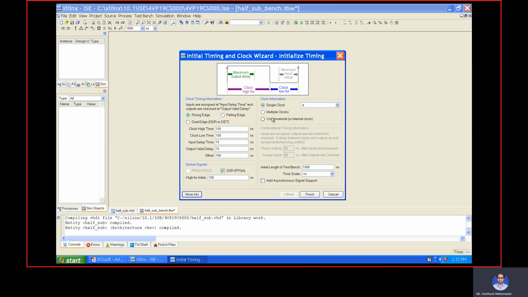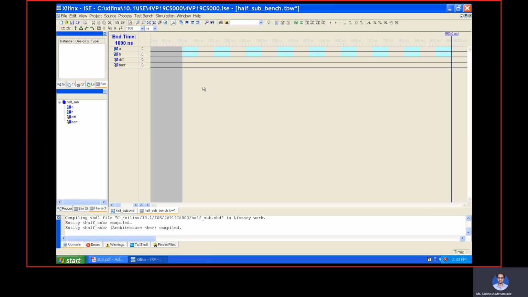Again it is asking for initializing the time. We are using combinatorial, so click on this, and the rest of the things will remain as they are. Then click finish. Now we are going to assign the values: 0 0, which means two inputs we are taking. Next 0 1, similarly here also 0 1.